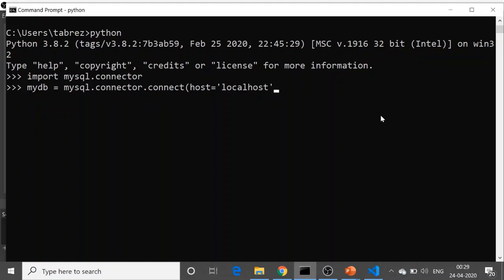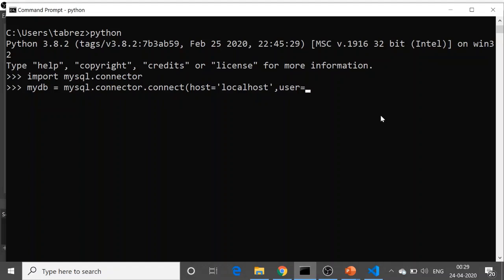Otherwise, it can be the name of a server or an IP of a server on which your MySQL is running. So if your MySQL server is running on a remote machine, here you will provide the IP address or the name of that remote machine. So host equals localhost, comma,